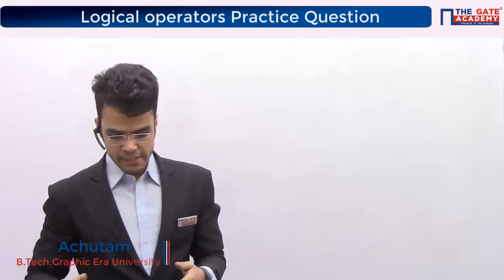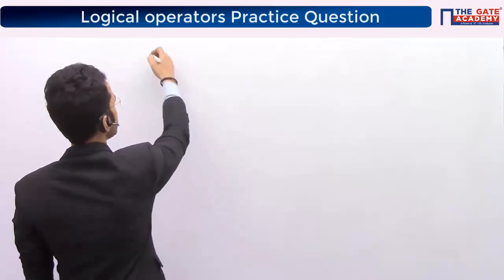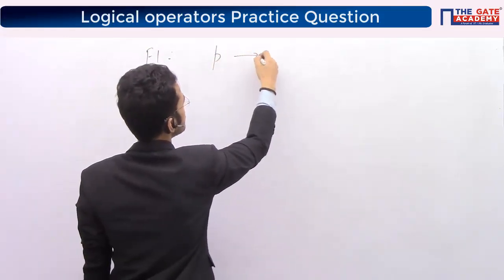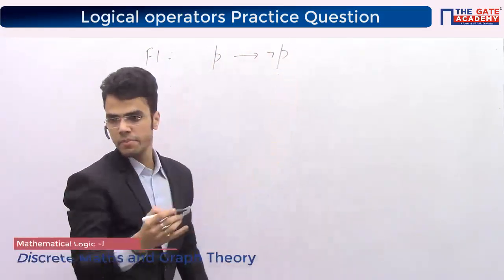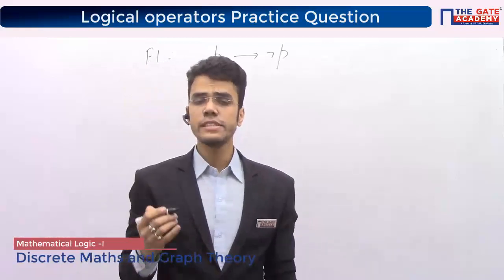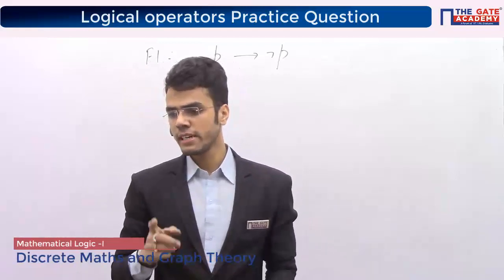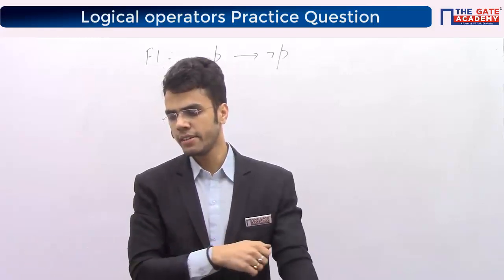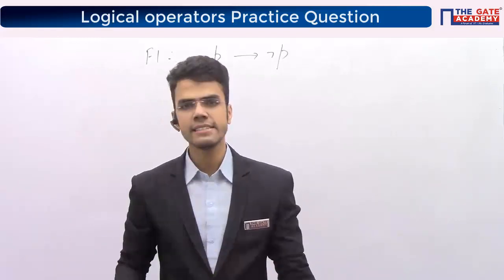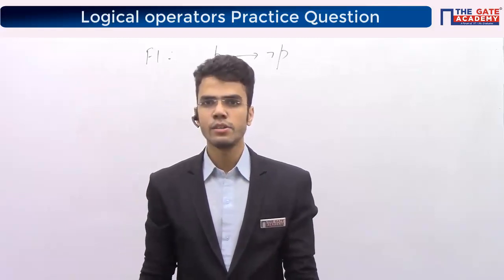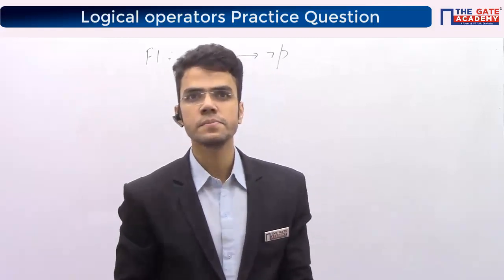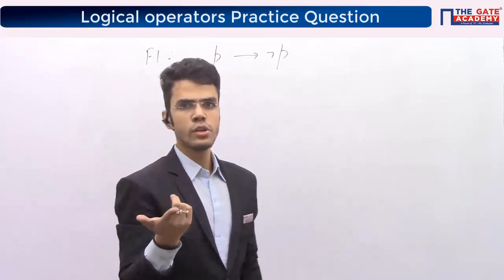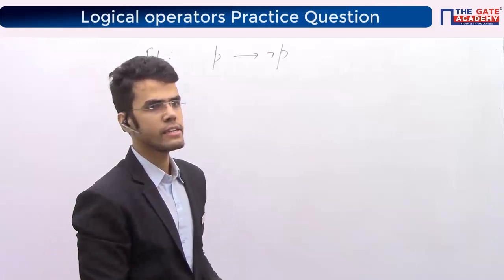So two expressions are given, right? And F1 is P implies negation Q, P implies negation P. If you check your options, they are asking you to check among satisfiable and unsatisfiable for F1. So let's quickly check. Satisfiable means at least one true, so quickly find out one true case.